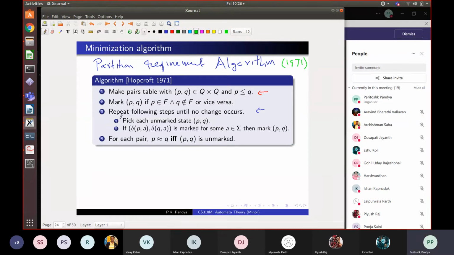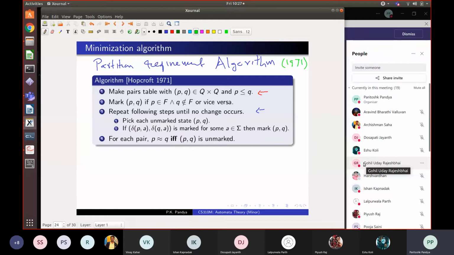Now, the first question I ask you is, will this algorithm always terminate, or can it go on forever? Of course, marking in each phase will terminate, because in each phase we systematically go through only the unmarked squares within the lower triangular matrix, consider them one by one and explore them. So each phase will terminate, but will the number of phases be infinite? Since there are only finitely many pairs and every phase will mark a new pair, it will terminate. In every phase, at least one pair must be marked or you will finish.